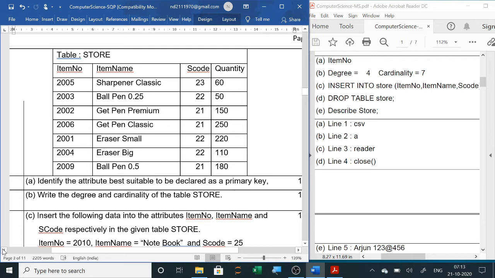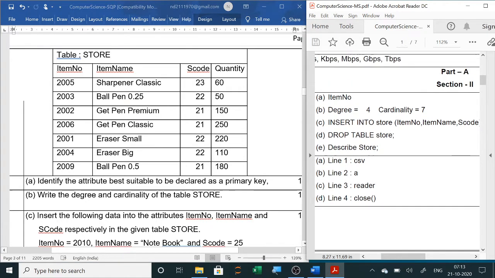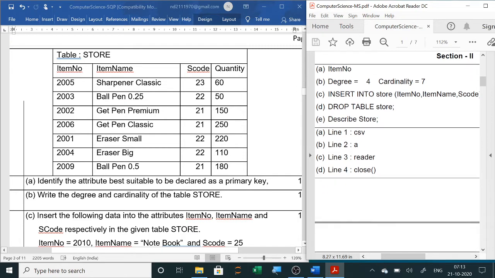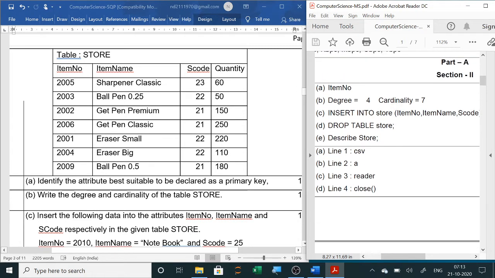Normally it is the roll number, item number, flight number, that is the number, which we take as the first column, and it should contain unique and not null values. So the answer will be item number. You can see the answers given by CBSE on the right hand side, and the questions on the left hand side.